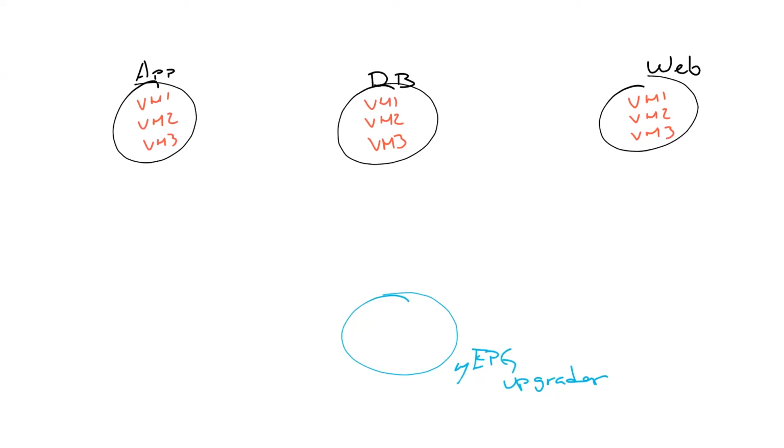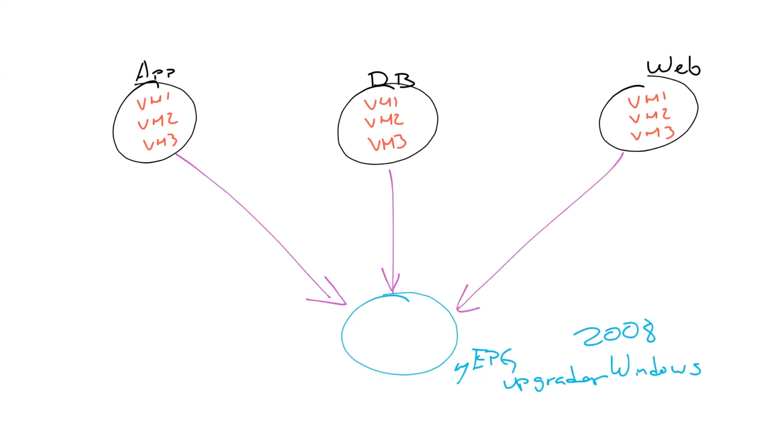Windows. So this microsegment EPG is for upgrading all the machines that are running Windows Server version 2008, and you want to upgrade them to 2012. So you can create policies to migrate all the virtual machines that are running that specific operating system into this microsegment EPG. And for this example, from the application EPG, VM1 is the one that is going to be moved, VM2 from the database, and then from the web server it is VM3.